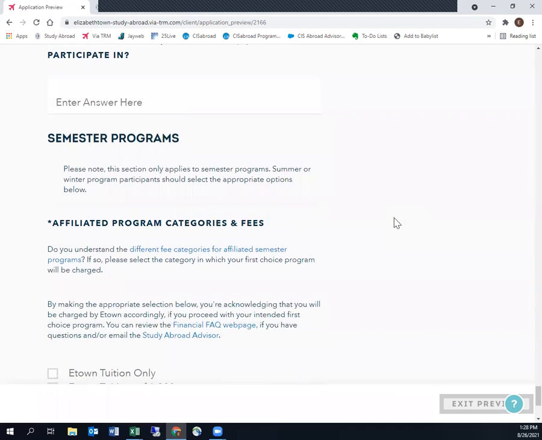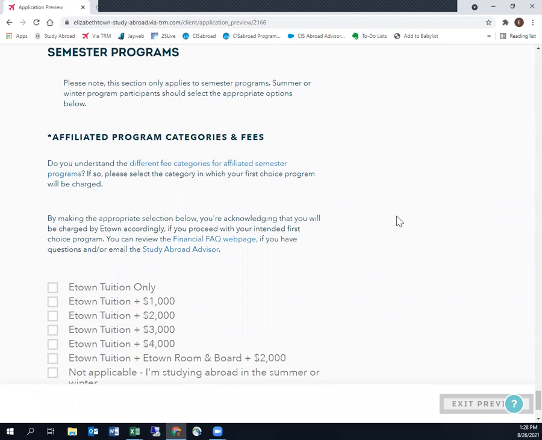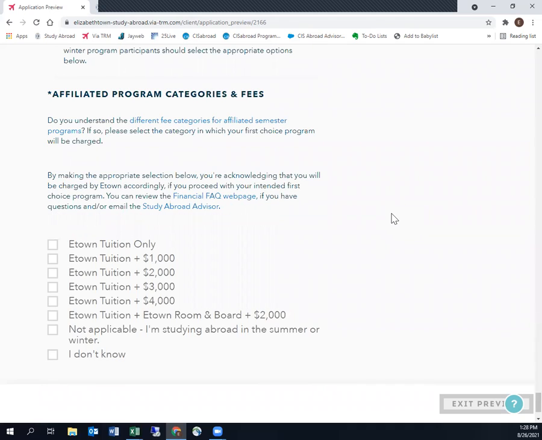The last part here is that if you are participating on a semester program, just want to make sure you have an understanding of how the fees work for semester programs. So we do ask a question here. If you are not participating on a semester program, this question is required for everyone. So you would just select the not applicable, I'm studying abroad in the summer or winter program. But if this does apply to you, I just want to make sure that you understand the different fee categories that we have on our website for semester programs and how much you're going to be charged by the college